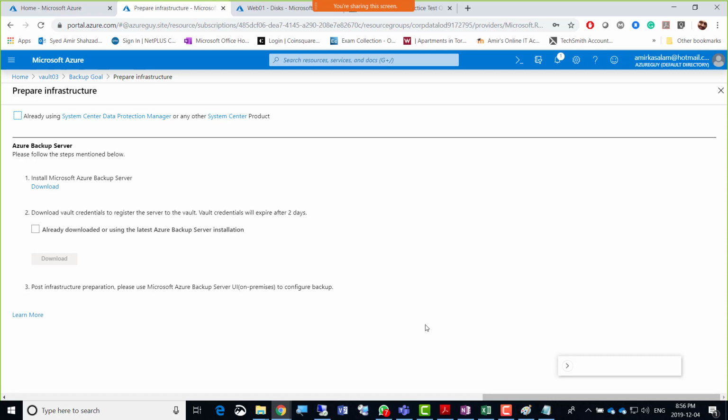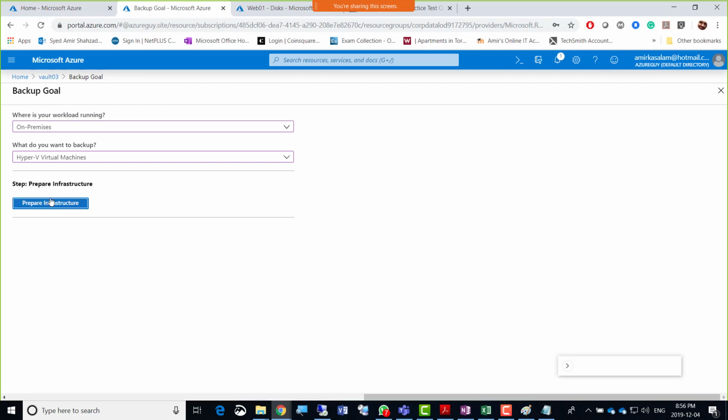Because it's not pretty much saying anything. Suppose already using, so if I click that, then it should not let us go ahead. Already downloaded or using the Azure backup server solution. Yes, we cannot go any further, but did it create that? So backup goal, if I go back there, prepare infrastructure. So but in Azure they might, did they say click next? That's it, right?